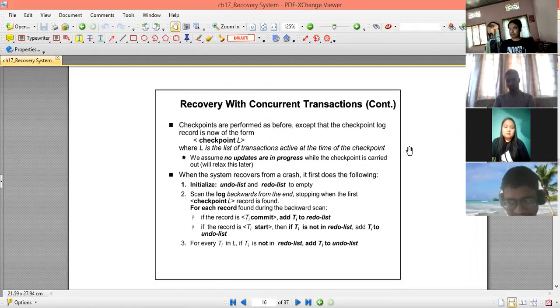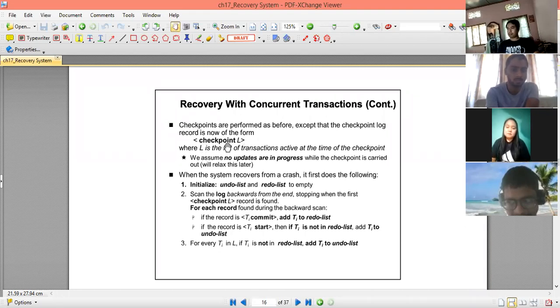So now, how can we do that? Let's consider we are using a single log file and a checkpoint. Checkpoints are performed as before, except that in log-based recovery, as you remember, the checkpoint is done just by giving the command checkpoint followed by the transaction name.